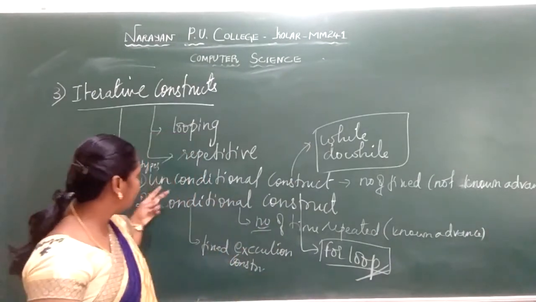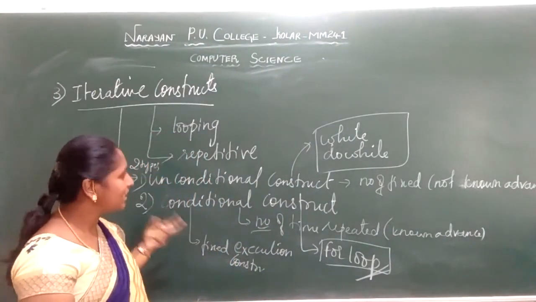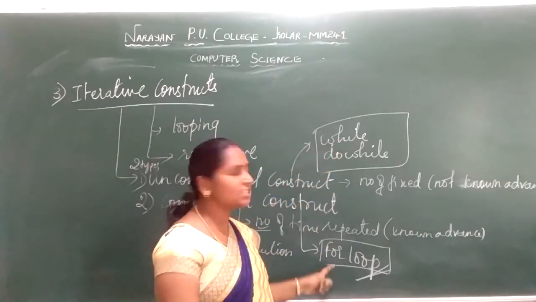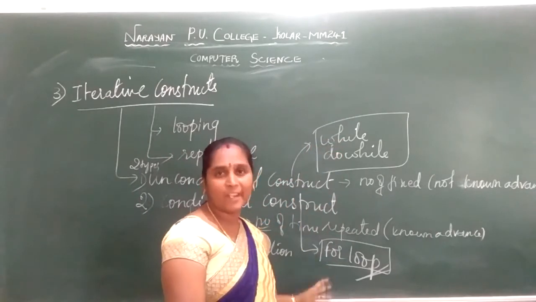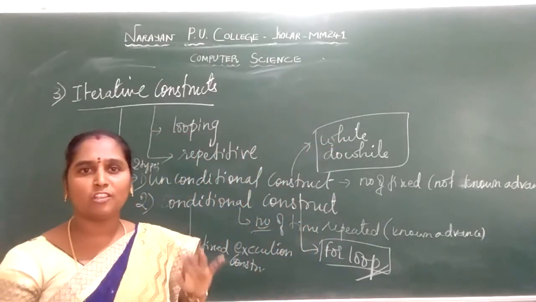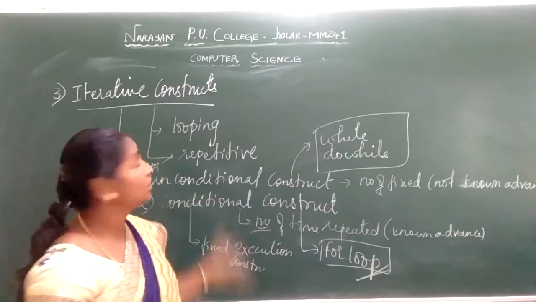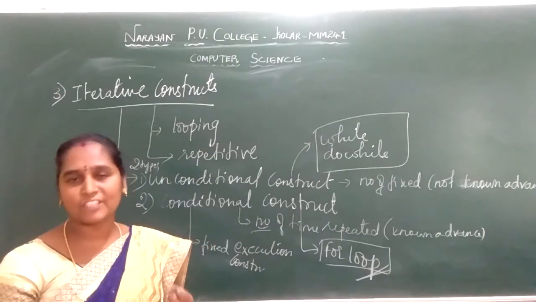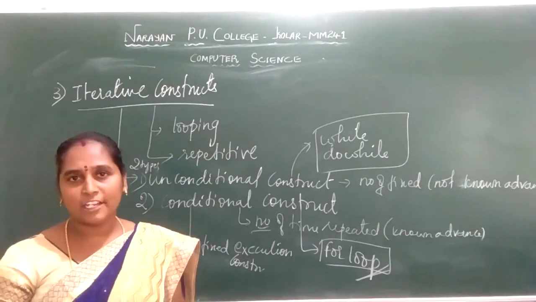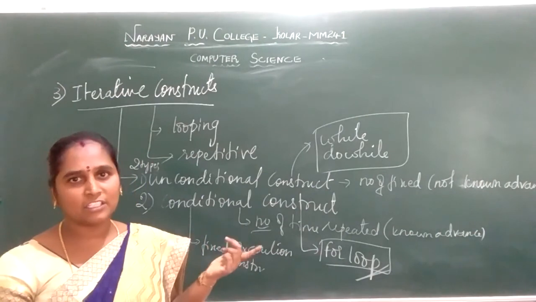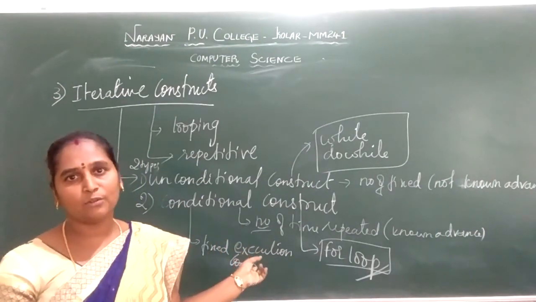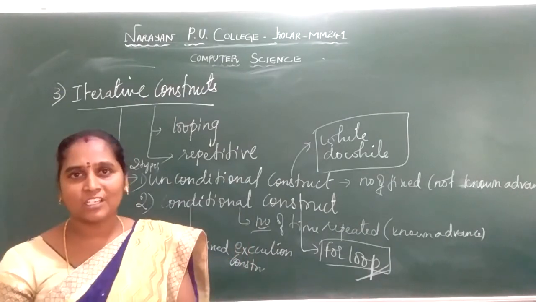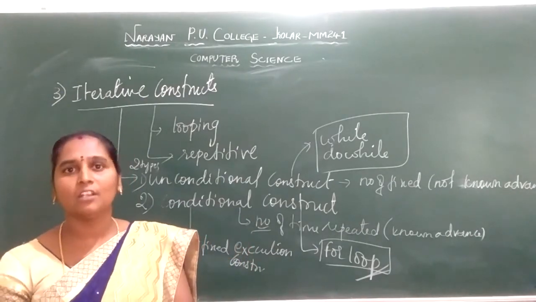Students, next class we will study the difference between unconditional construct and conditional construct. Next class we will study the while construct, do while construct and for loop. So today's class I'll wind up with this iterative construct. In the last class we studied the nested if statement, switch statement and iterative statements. In iterative statements, we have seen what iterative is, and the two types of iterative or looping, unconditional and conditional. We will continue this next class. Today's class I'll wind up this particular session. Thank you one and all.